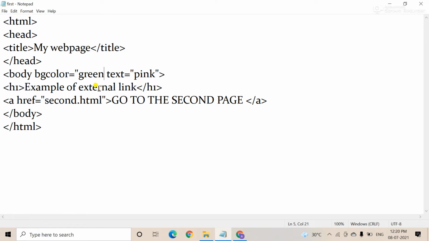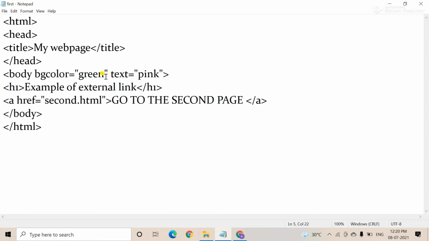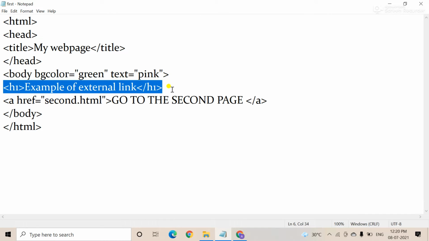When you use the quotation and close it, then you see the output, the green color. Understood? Double quotes are required. If you do not enter them, then it does not work. Next, all of you see, a heading part is there, heading.